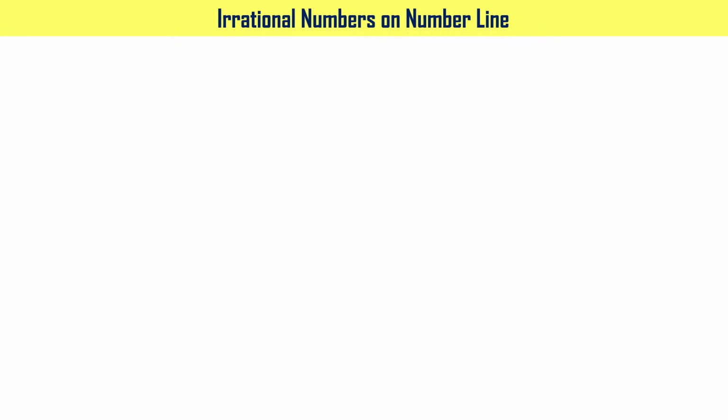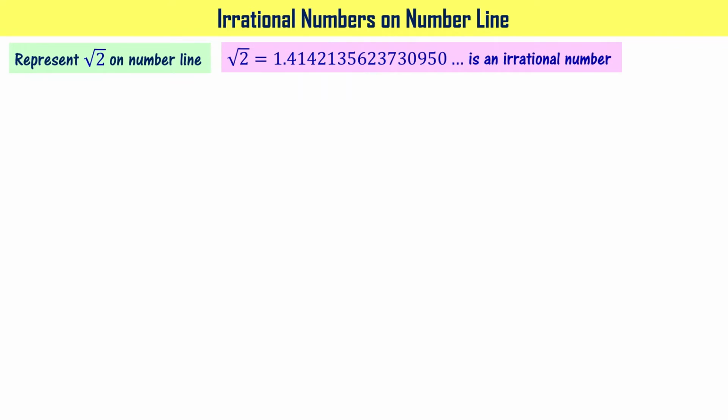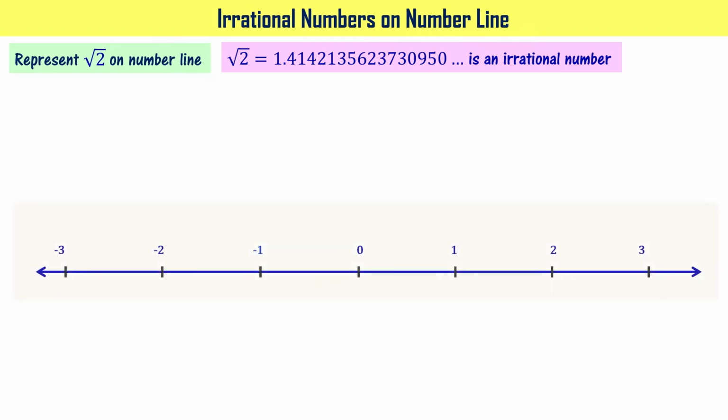Let us now learn about representing irrational numbers on the number line. Let's represent root 2 on the number line. Root 2 is an irrational number because the decimal expansion of root 2 is non-recurring and non-terminating type, right? Let's represent root 2 on number line now. I have taken number line from -3 to 3, but you can take even -2 to 2 also, doesn't matter. Any limit is possible as long as you can accommodate 1.414 and so on. It's always good to have 0 to 2 at least, right?